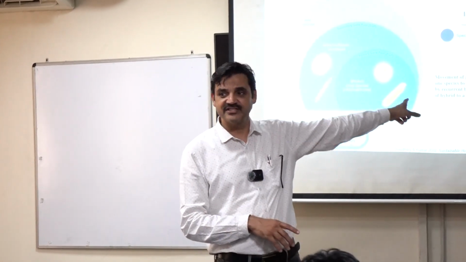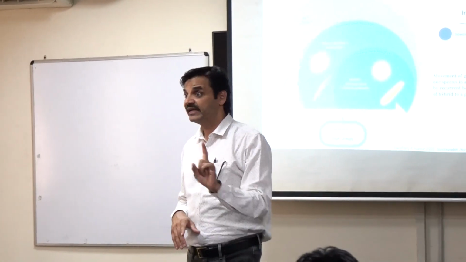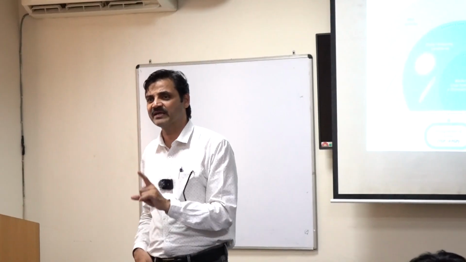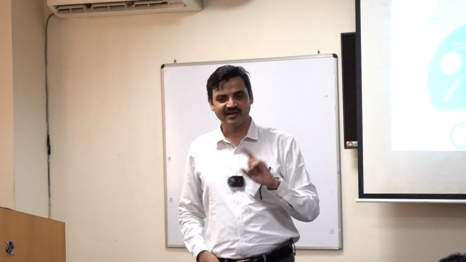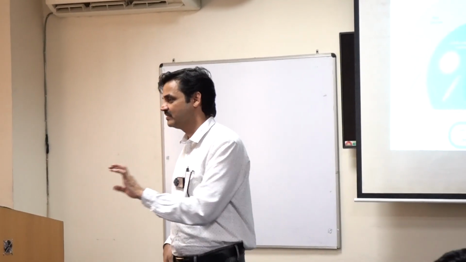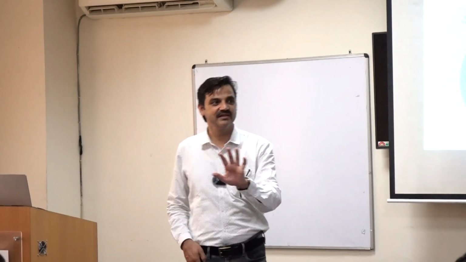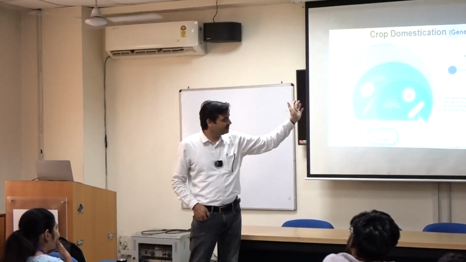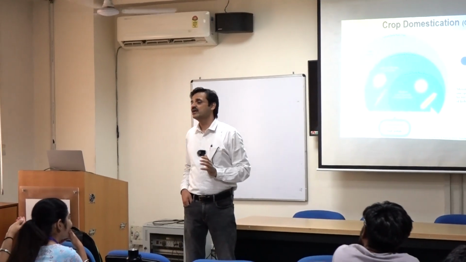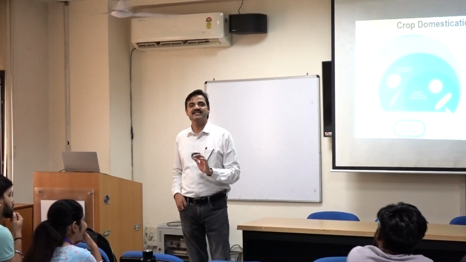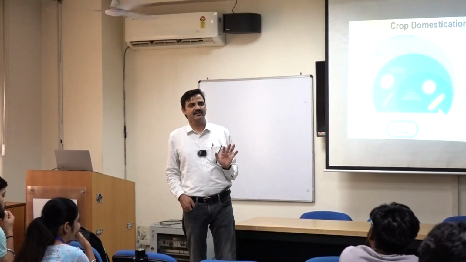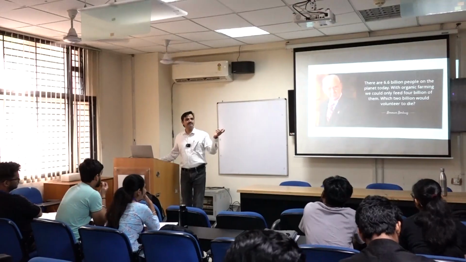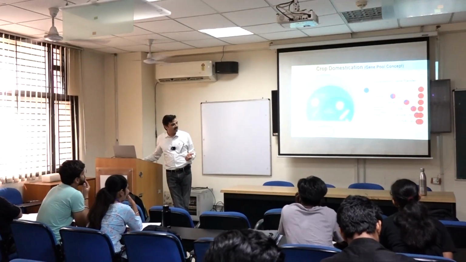So if you transfer a trait, a character, let's say rust resistance is a character. Actually, it is a phenotype. When I teach genetics class, I always define the differences between trait, character, and phenotype. But here, for the broader audience, I say that a character, that is rust resistance, has been transferred from species B to species A through a process called introgression. A typical example of classical breeding. Okay, this is how you can always do that, and this is how crops are being modified.